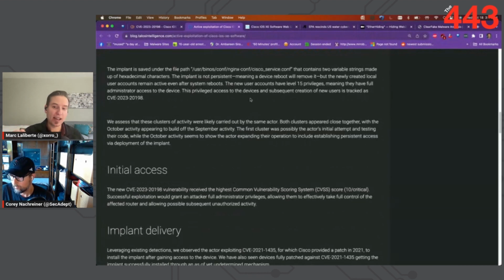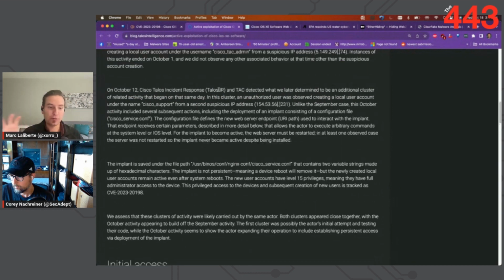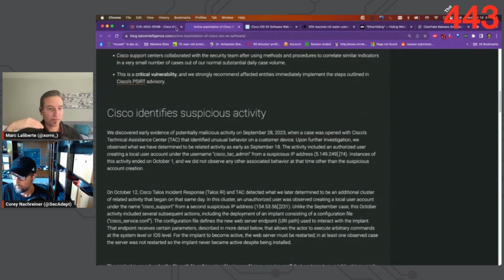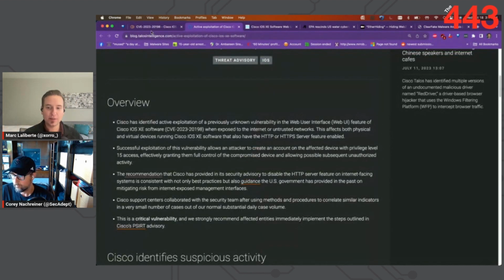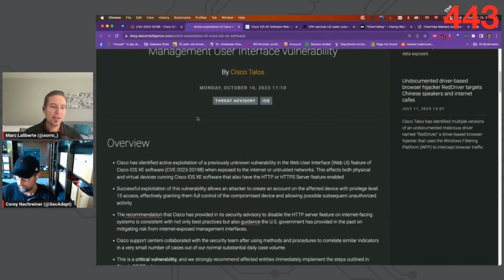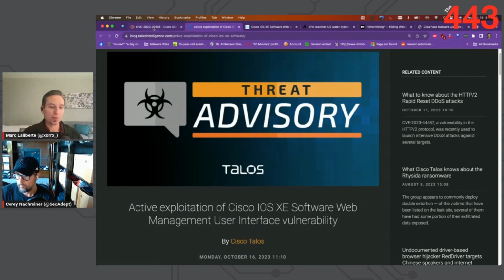But they also noted that they discovered additional fully patched devices that were safe from that vulnerability, but still had the implant installed on them through some unknown mechanism. So in Cisco's advisory, they mentioned that it was being exploited in the wild. They gave some tools on how to detect if any given system was affected by it.